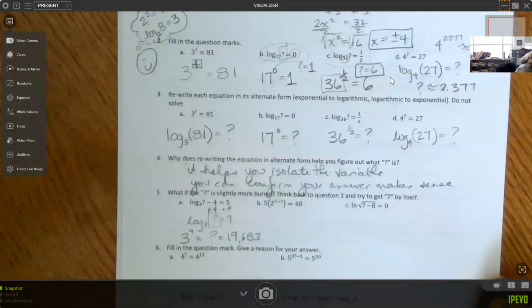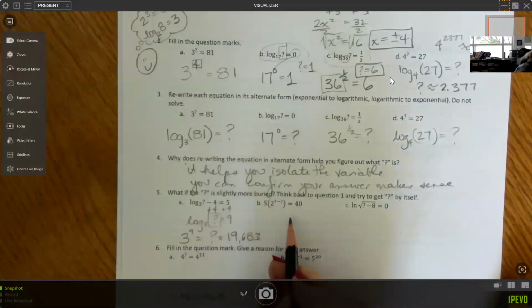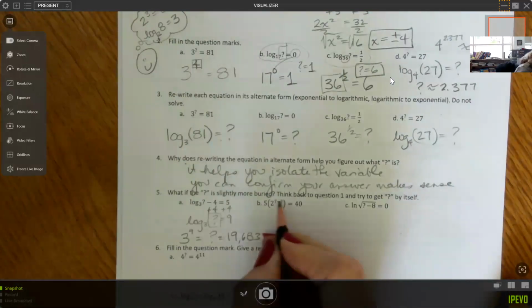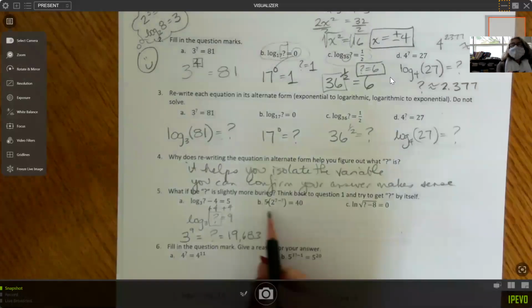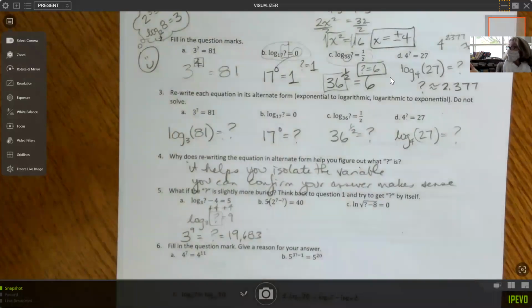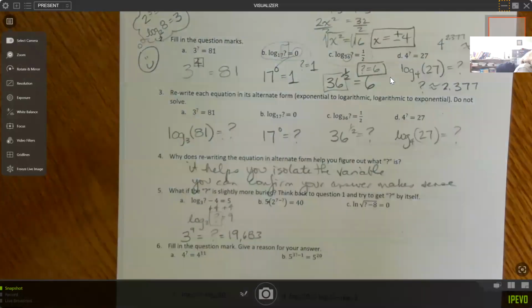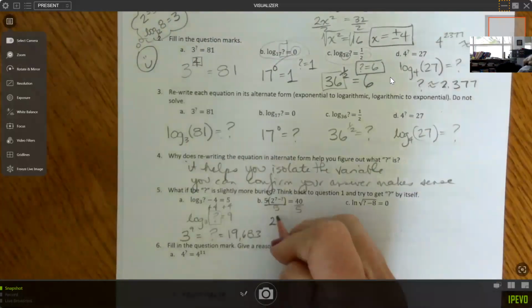Then this one, okay, this is actually saying 5 times 2 to the 7th minus question mark. So I don't think you should put in x's, because at least in pre-calc, x's tend to be a variable. We don't tend to use x's for multiplication, but I think it really helps sometimes to put those dots in. Because then it's easier for me to say, you know what, I'm going to get this 2 to the something by itself, and I can do that by dividing by 5. I think it's easier if you put the little dot there to remind yourself. So I've got 2 to the 7 minus question mark